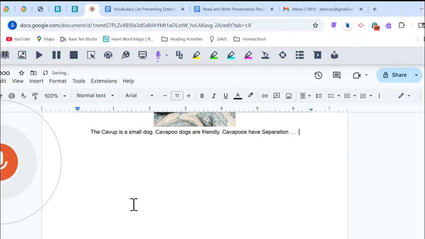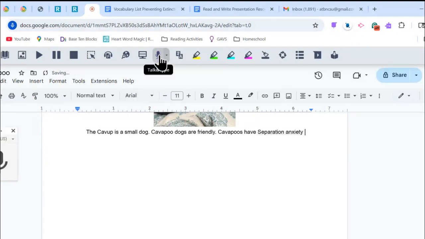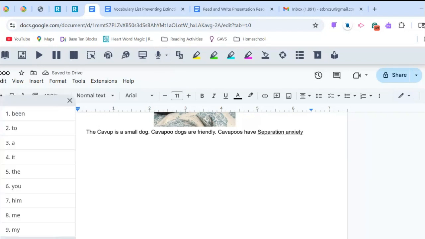Separation anxiety. Okay, I was able to get my thought out. I can pop my word prediction. You don't have to turn it off, but I can pop it back open and continue with my writing. And so